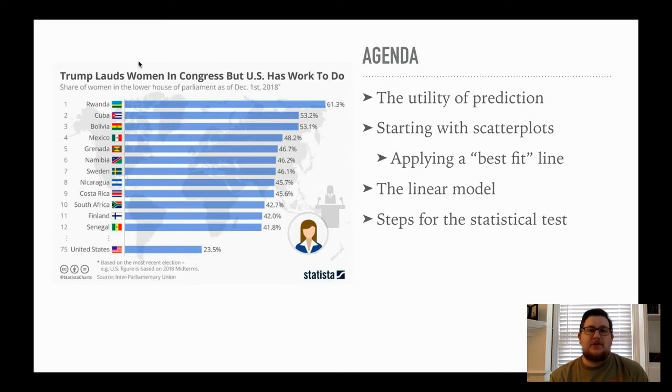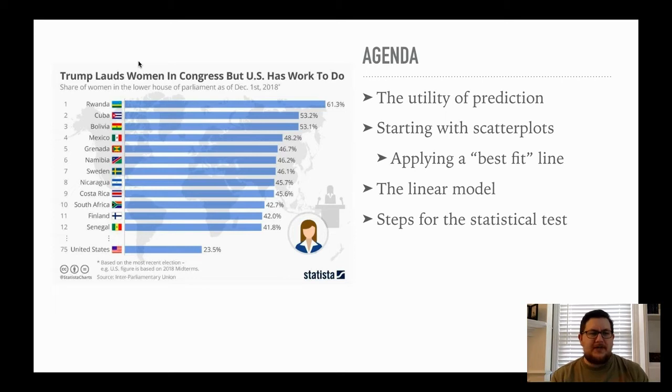All right. Now, as you recall, when I talked about correlations, right? One way that we can display a relationship between two variables in a scatter plot is with a best fit line. That'll lead us into a nice discussion of what we mean by a linear model. And then we'll run through our steps. Okay, we'll end with a preview of what's to come.